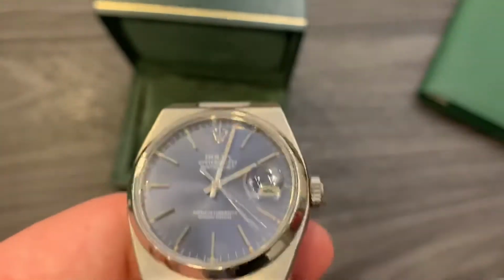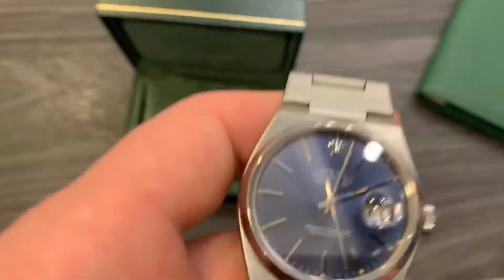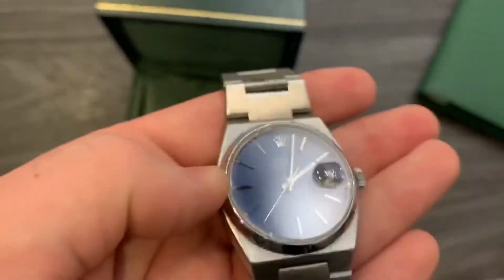Other good things that I like about this watch is, yes, it is quartz. I think if a collector has multiple Rolexes and he has to wind them up, he has to shake them, you know, he has to keep them wound up to keep good time, then maybe he doesn't wear them enough, right? With this, it's like a good third Rolex, or even first,